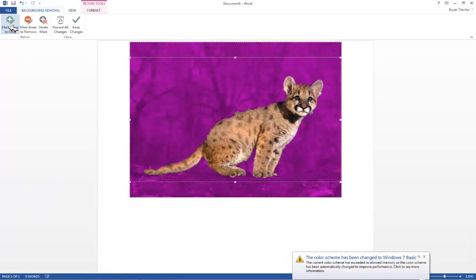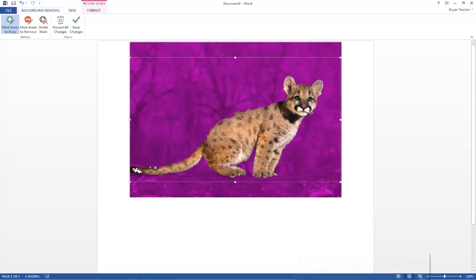So what I need to do is click on Mark Areas to Keep and select those areas and select here. There we go, I've got that back, and then looks like there's a portion here that's missing. So I have that back. But in the process of doing this, you can tell that I've picked up some black area here